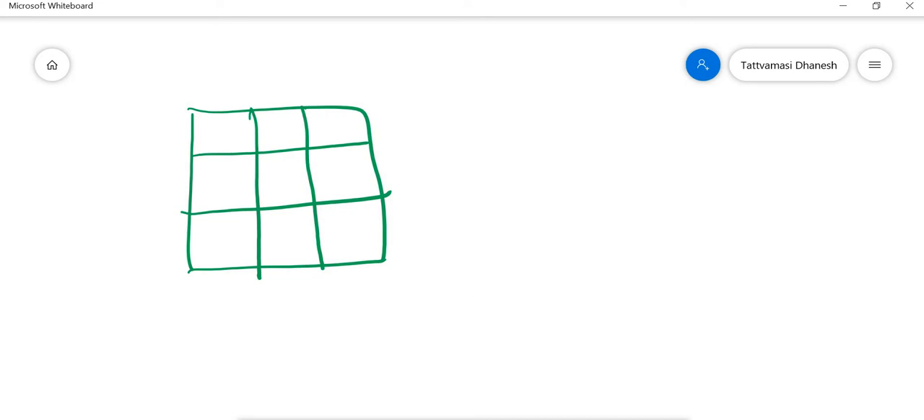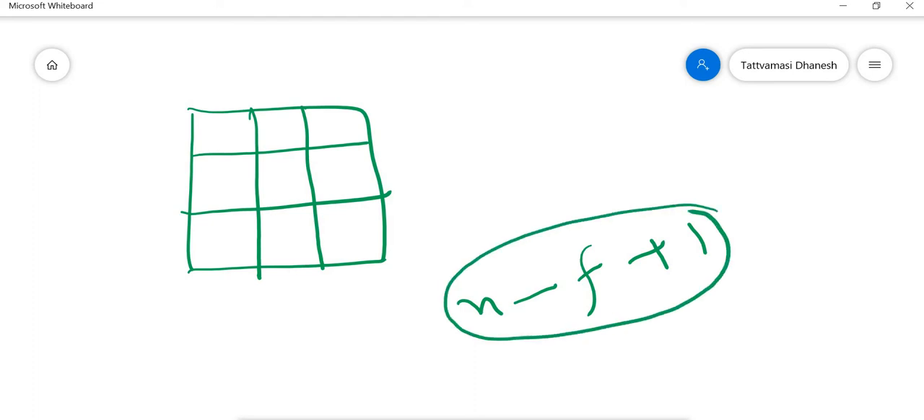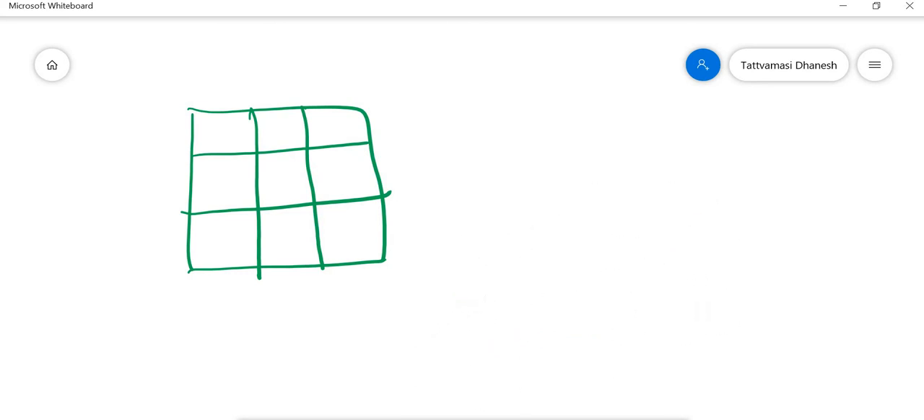It is represented by the equation n minus f plus 1. N is the image size, f is the kernel size, and plus 1. So this equation we discussed at that time, you remember that. So let's assume that this is the map obtained from the first